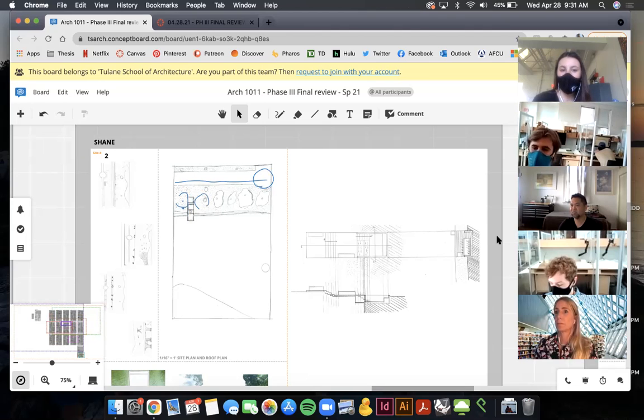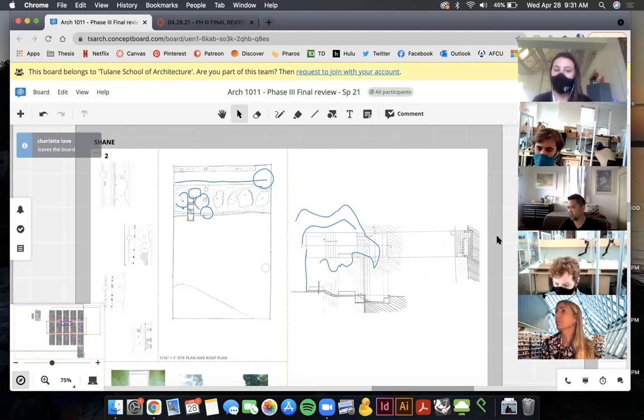Because the trees do shield the site a little bit more, and contribute to the space. And also, when you look at the section here, if, let's say, the tree canopy is somehow articulated relative to your section, I think,